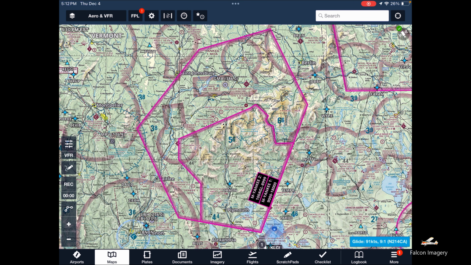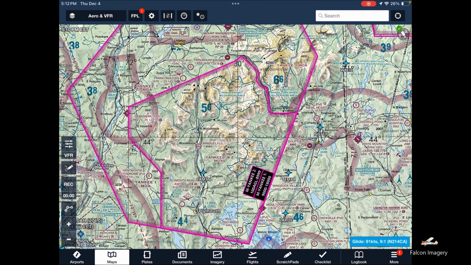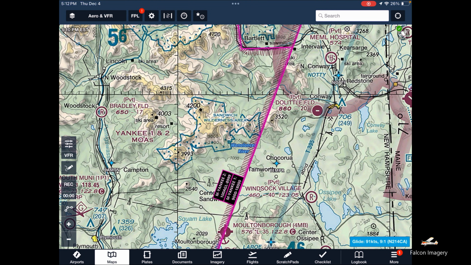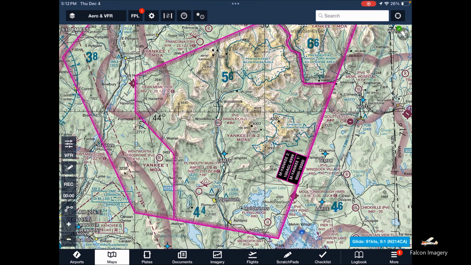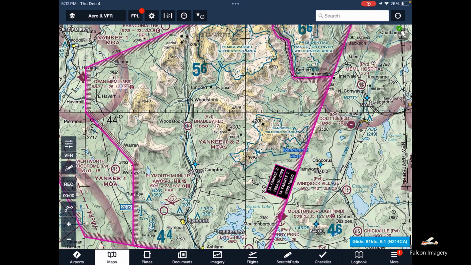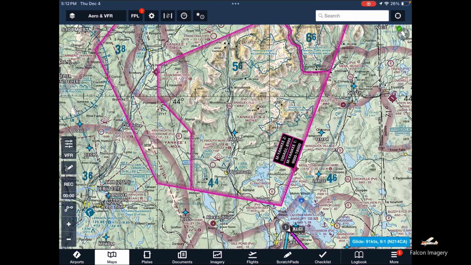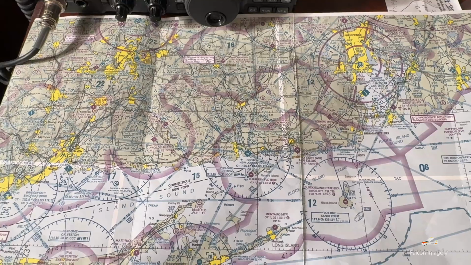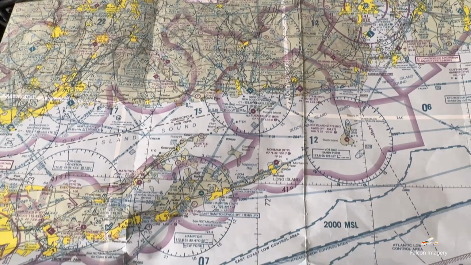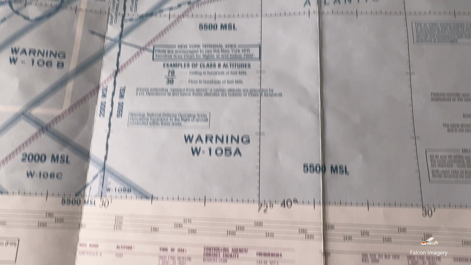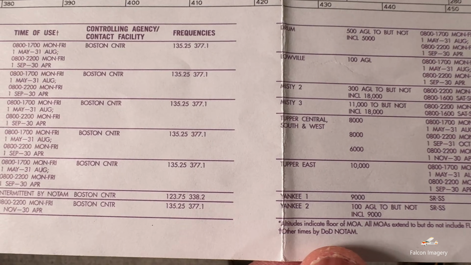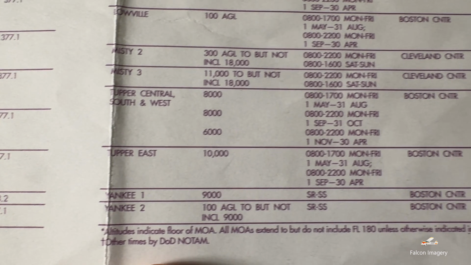So MOAs are areas where military aircraft train in tactical maneuvers, and they're identified on sectional charts by these hashed magenta areas, as we're seeing here, and they're given a name, in this case Yankee 1 and Yankee 2 MOAs. And we can find information about them on the sectional chart, on the legend on the bottom side of the sectional chart, that tells us what is the controlling frequency that we can reach out to determine if the area